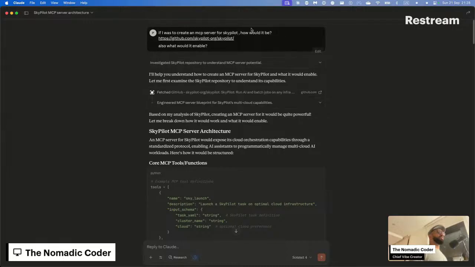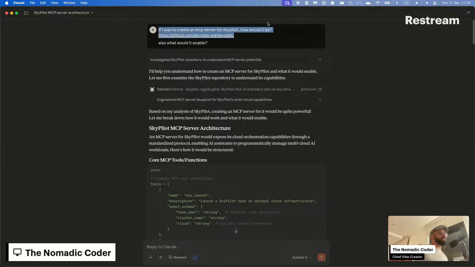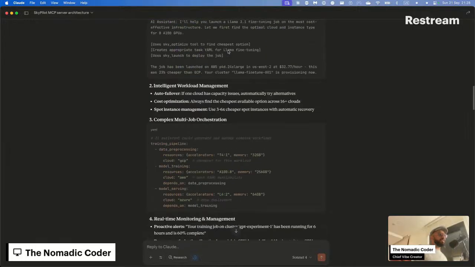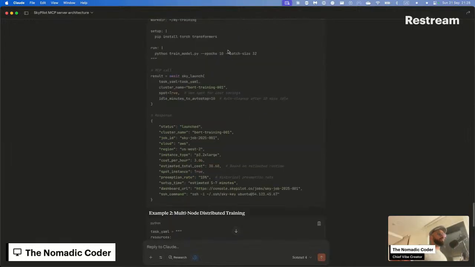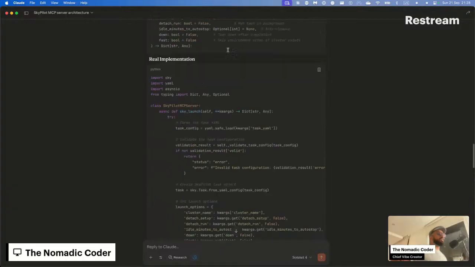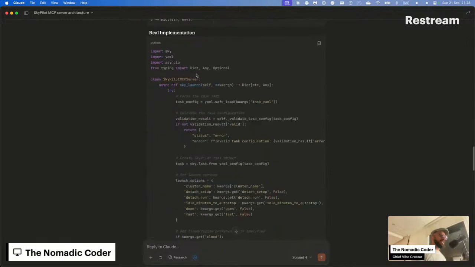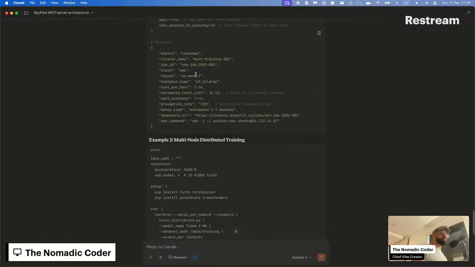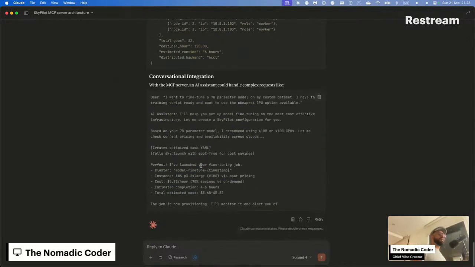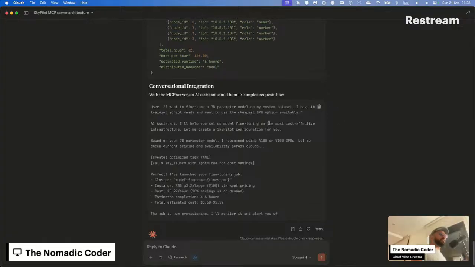This is where I said, hey, if I was to create an MCP service for SkyPilot, how would it be? What would it enable? And then I said, hey, I'm interested in sky launch because that's the main thing I want to check out, and this is what I want to build with sky launch.